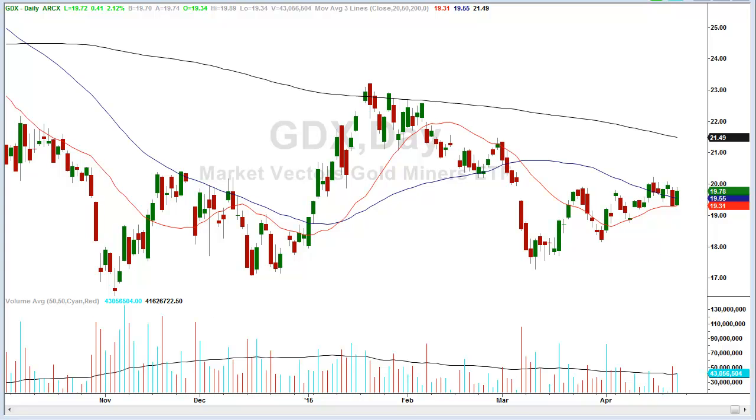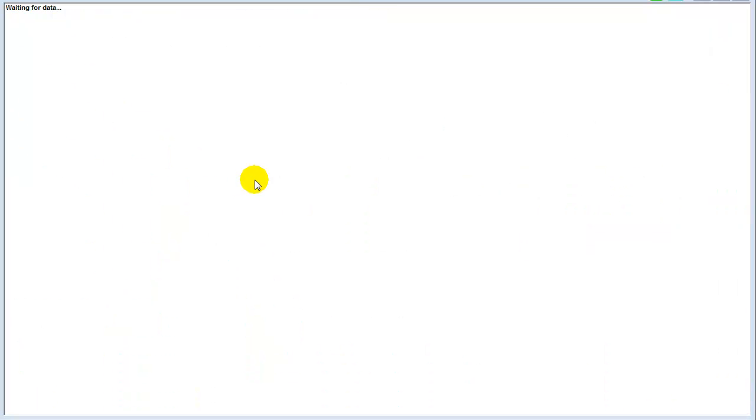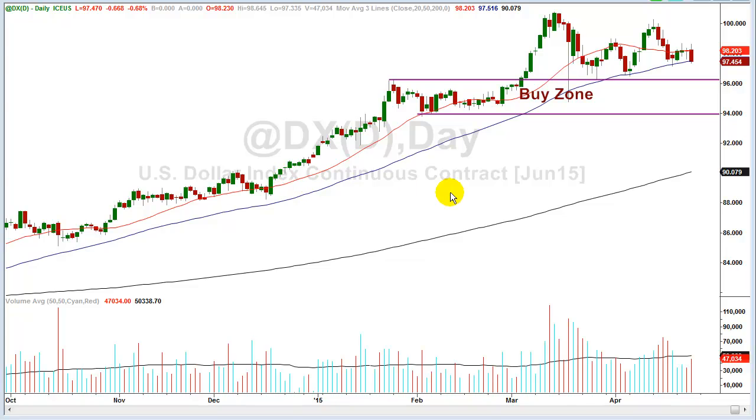Okay. The dollar. Do we want to talk about the dollar? The dollar went down a little bit today. The dollar should have been bullish. We didn't see bullish behavior, but I'm holding a position in the dollar, and I don't mind because it's a long-term position for me. Even if we got down into this zone, I'll buy with three hands the dollar,